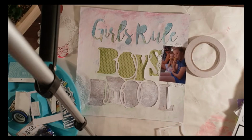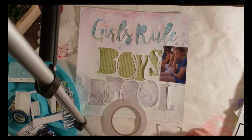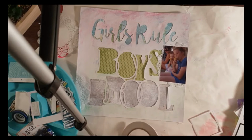So I've got the die cut pack from the Cocoa Vanilla Studio Boys Rule collection, the ephemera, no, the chipboard, sorry, because they're the same thing, and then the exclusives that come from the Kitaholic Kit